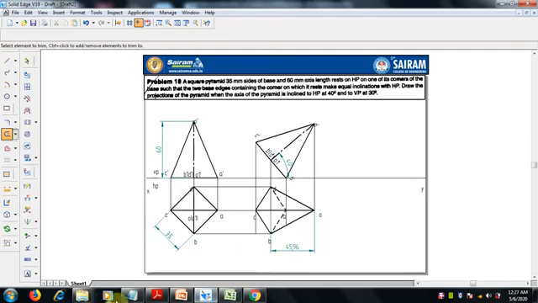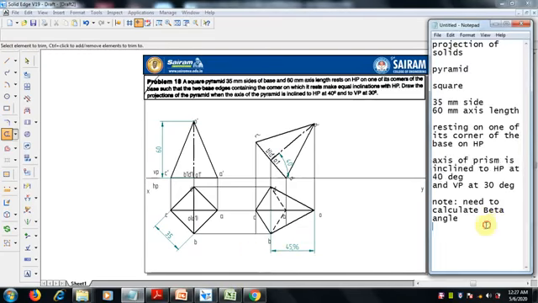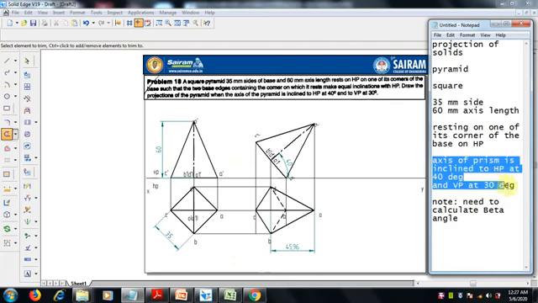What we need is to calculate the beta angle. When the axis of the prism is inclined to VP and HP, and it is not mentioned that it appears to be inclined, then we have to go for the beta angle problem. And here we need the axis distance before and after inclination. This is original and this is after inclination.